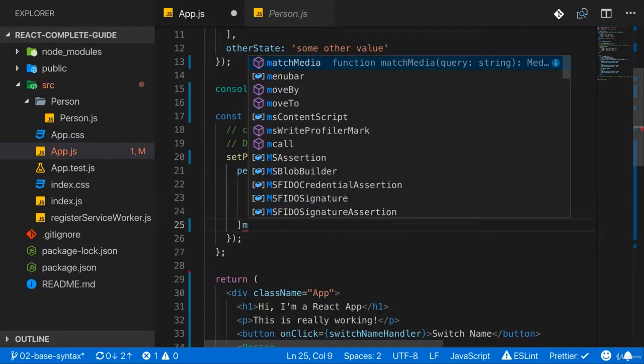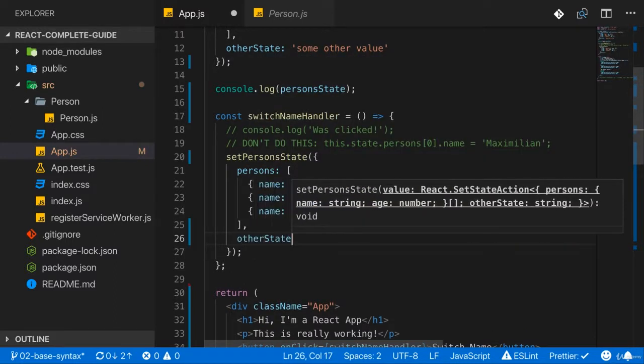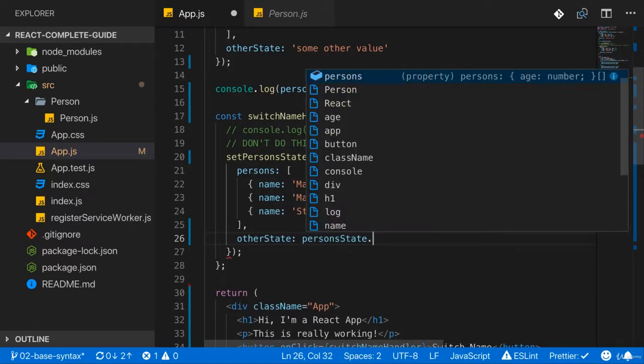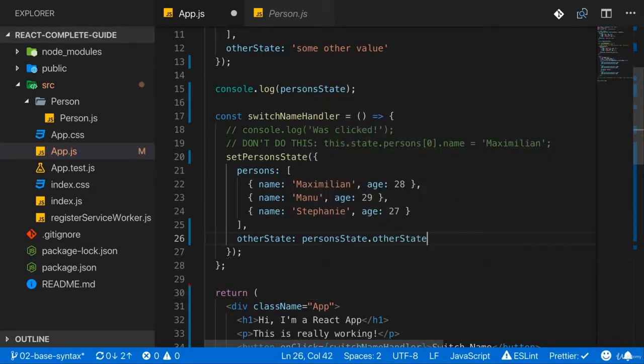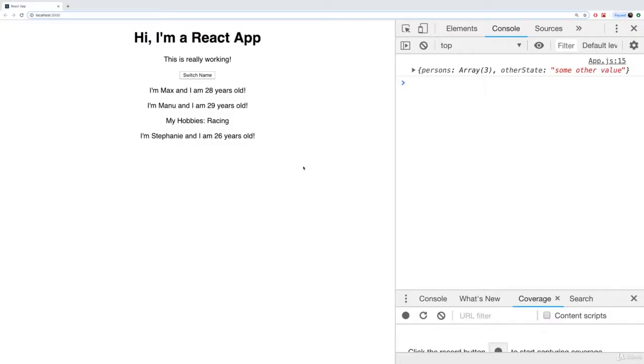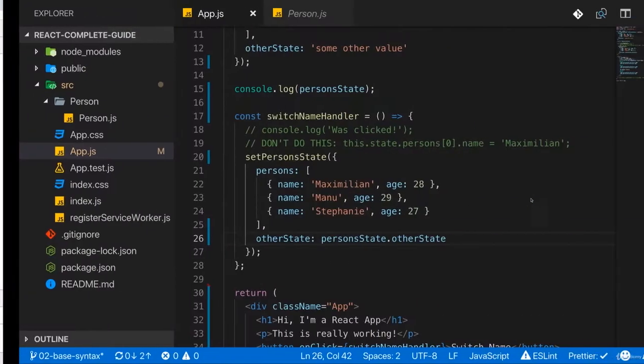Here, for example, by manually adding the other state property, and then you have to access the person's state here and access other state. And this will just make sure that we copy in the old, in this case, untouched other state. Of course, you could change it here as well. And when you're doing that, now if I click switch name, other state is still there. Now, this is one way of doing it,